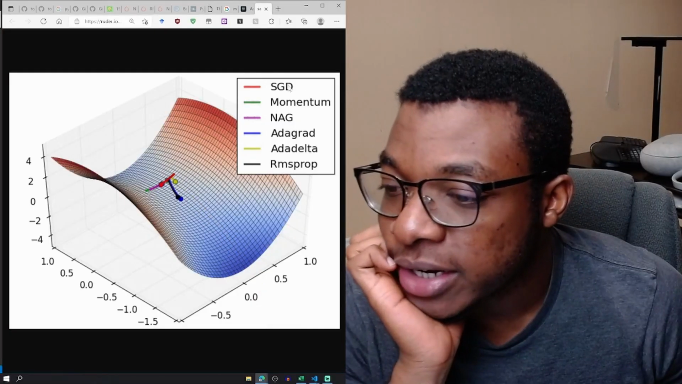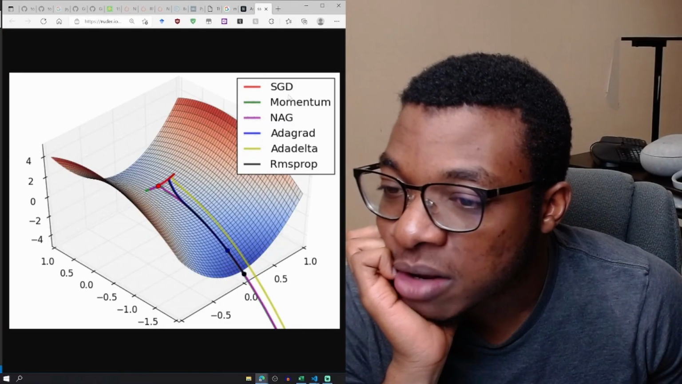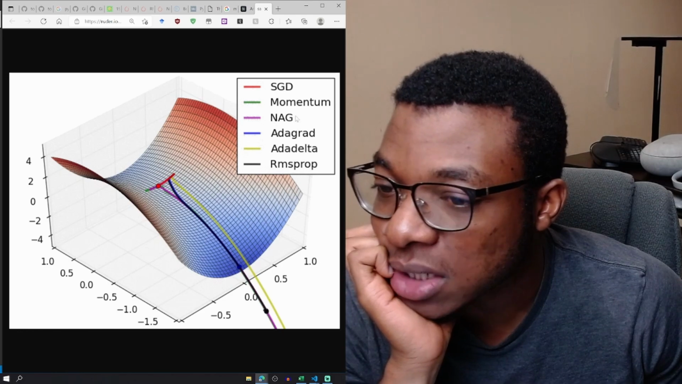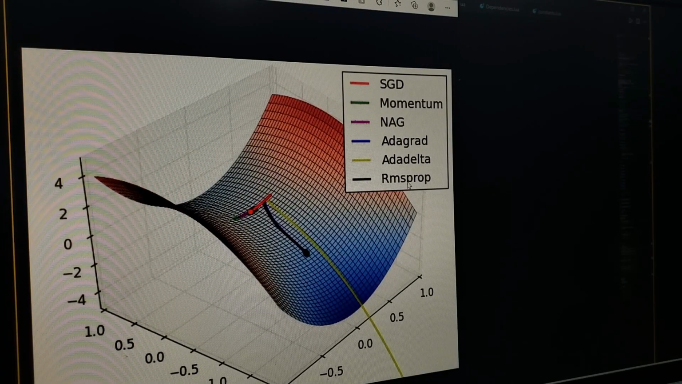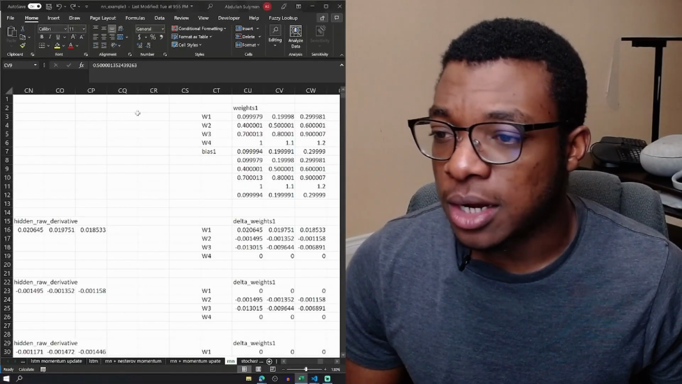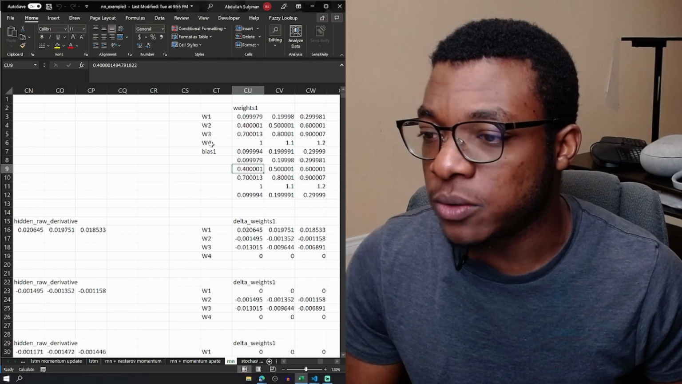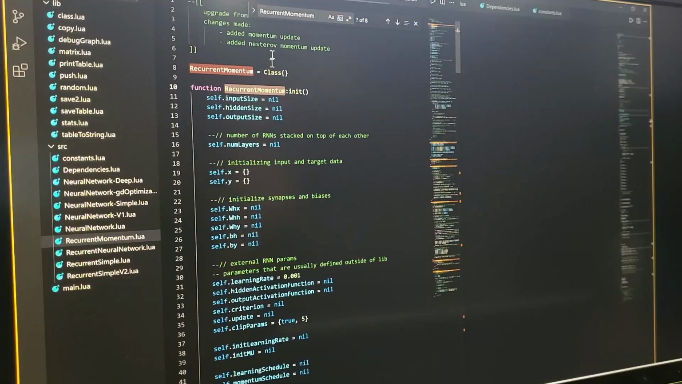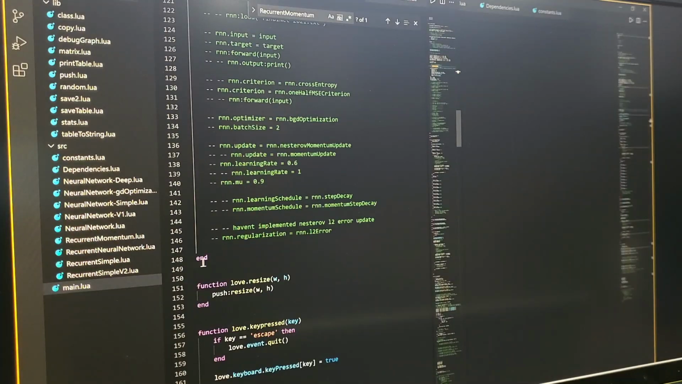So SGD here is vanilla update, which is what we currently have. What we're going to be implementing today is momentum and Nesterov momentum. I could implement these, but frankly I don't understand them, so we're just going to ignore those. We've already gone ahead and implemented that in our Excel. So what I will be doing is just copying what we've already done, translating it